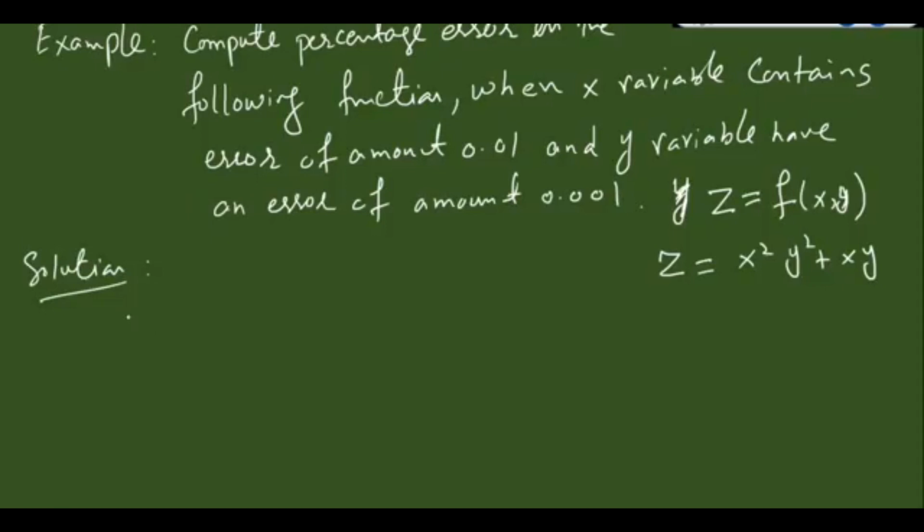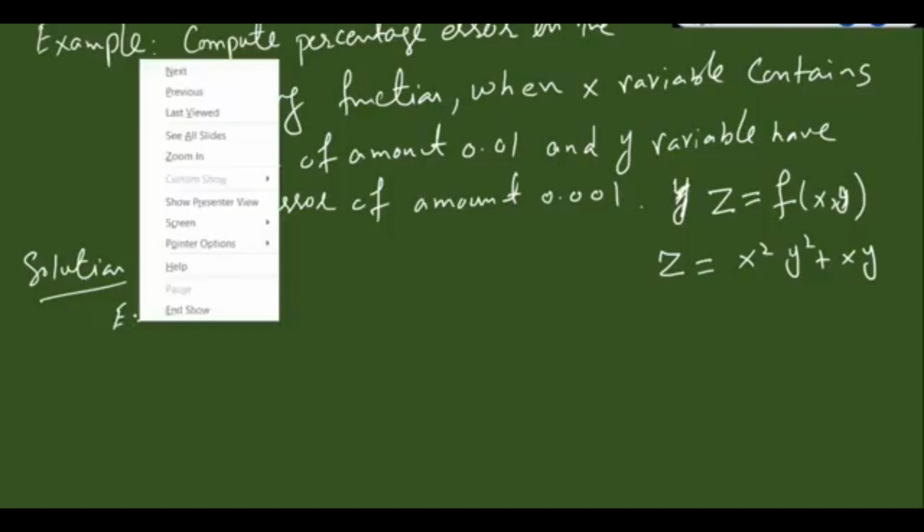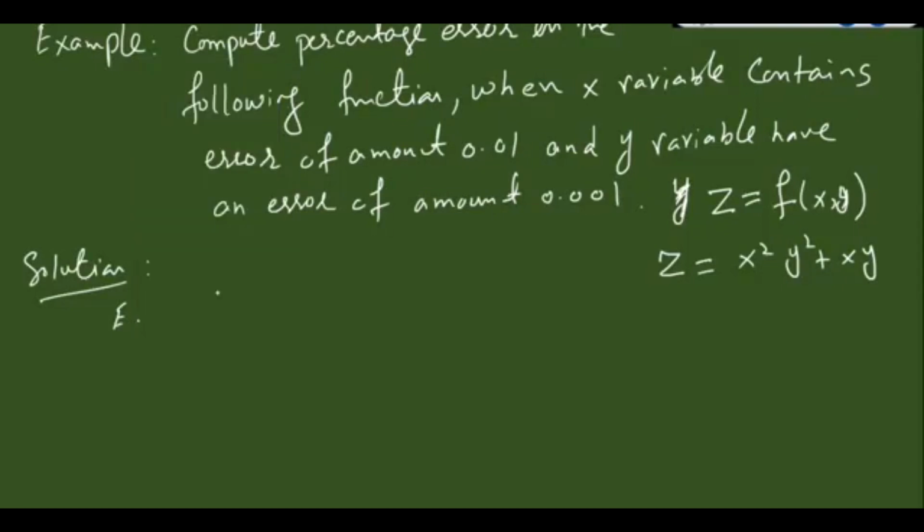So error in the function, we can say error in the z variable is epsilon z,